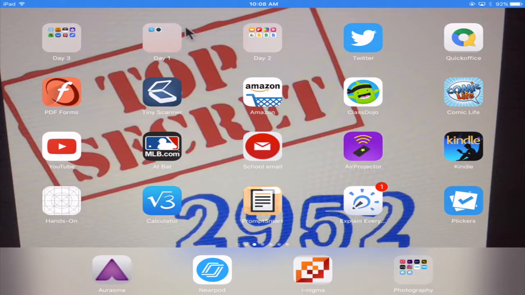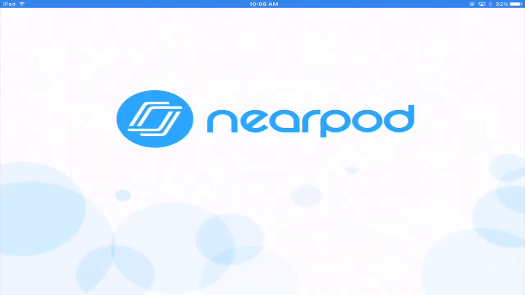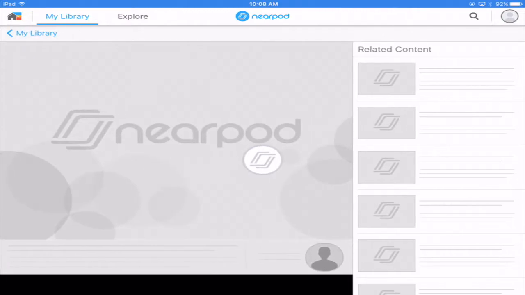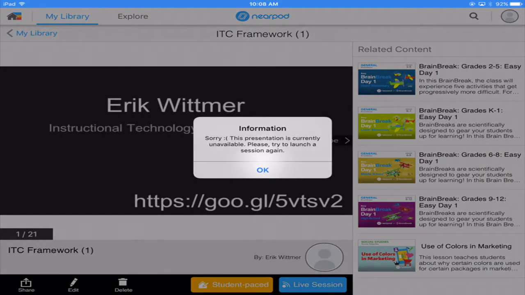This video is going to briefly go over Nearpod. Down in my systems tray, the four icons that are down there, the second one in is Nearpod. So I'm going to go ahead and click on Nearpod. And when I initially click on Nearpod, it might ask me to sign in. Great, I'm already signed in, but sometimes it might ask you